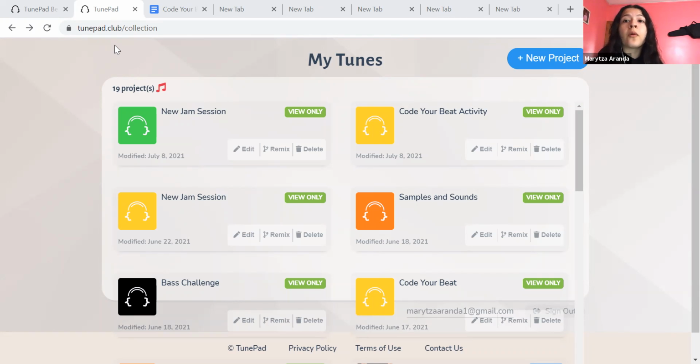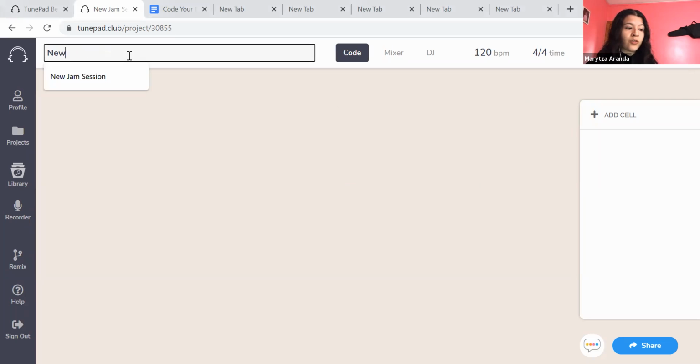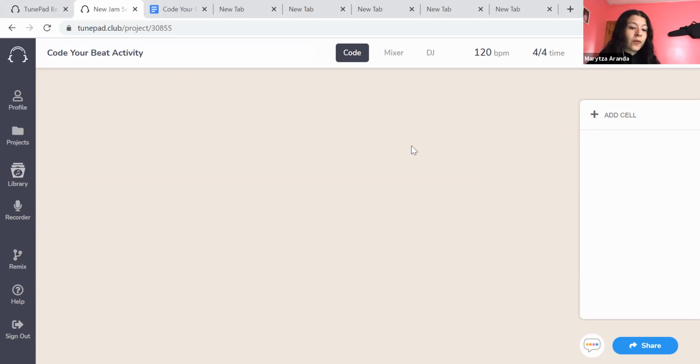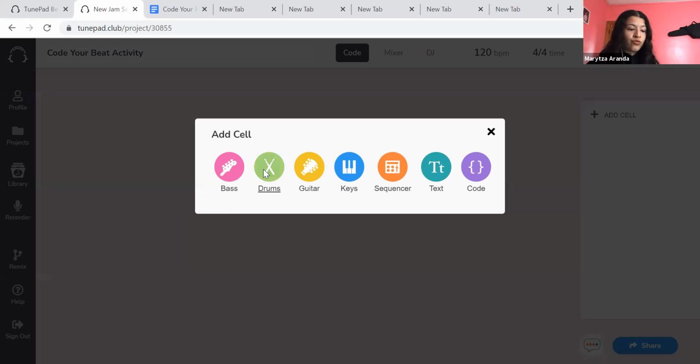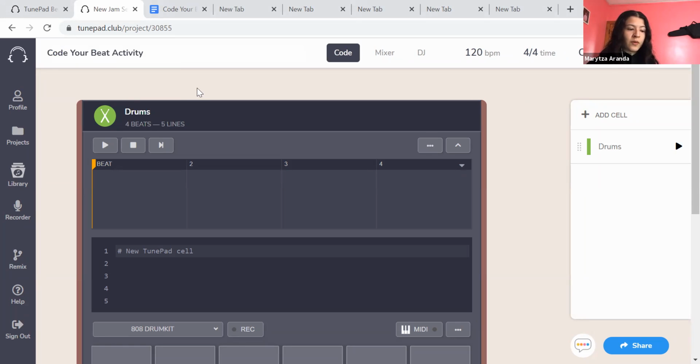After you make an account, you are going to press on New Project. After you press on New Project, this is what you are going to get. You are going to change your new jam session to Code Your Beat activity, or you can do Code Your Beat challenge. And then you are going to press on Add Cell and make sure you press drums. After you press drums, I'm going to erase the new because I'm just doing drums overall. And now you should be pulling up your beat